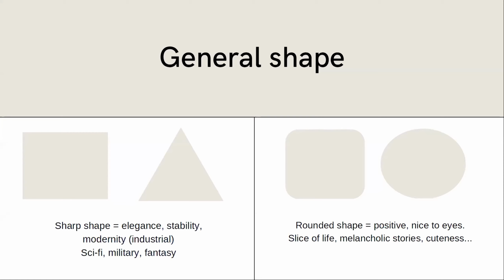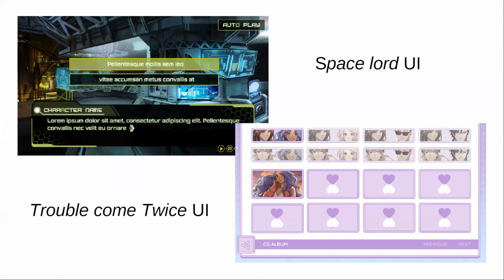Sci-fi, military, it's also used a lot in fantasy. While rounded shapes, which are nicer to the eyes, give more positive feelings. So they will be more used in slice of life, melancholic stories, cute stories, for giving a cute vibe, this kind of thing. To give an example again, there is the Space Lord UI, which is clearly